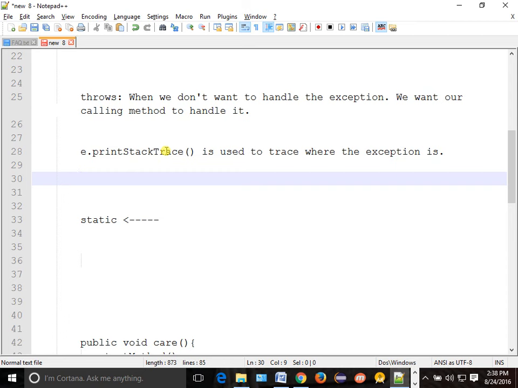But if you are running the code in some external environment where many people are using it, then we should comment out this code. I mean, we should not expose it to the outside. It is only for development purposes. So we should always comment it out whenever you are putting it outside. Yes, it is used to trace where the exception is, but it is advisable to comment it